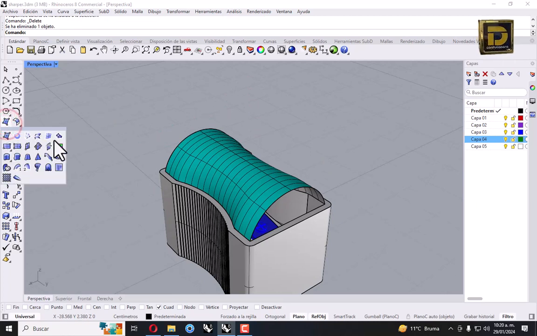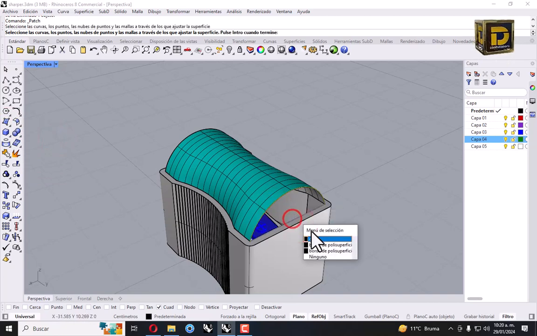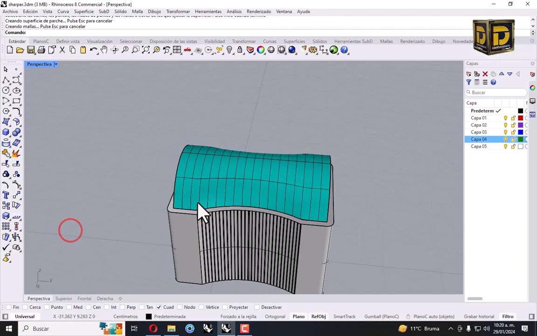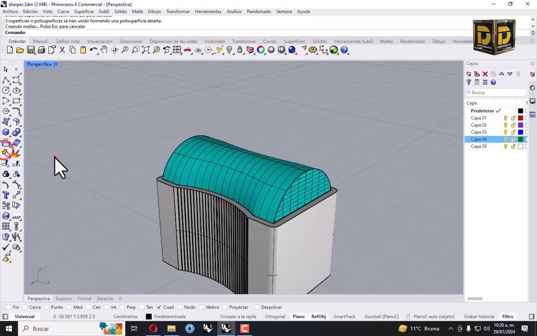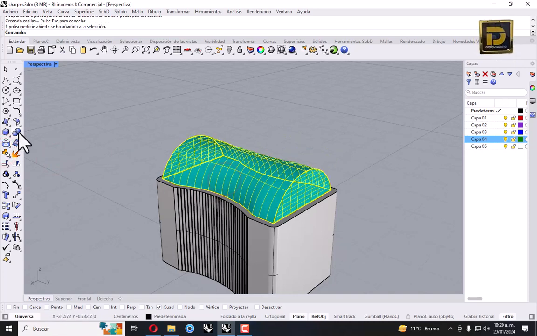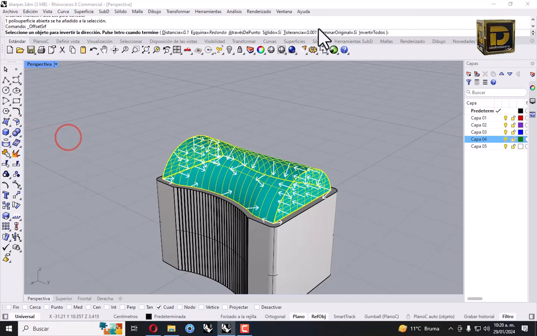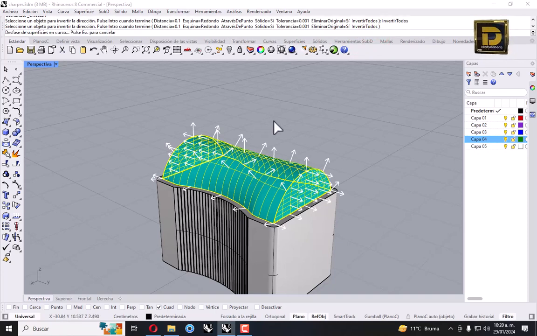Go to patch, select this curve, enter, preview, right. We need to make a join, and go to offset surface, flip all, distance 0.1, solid yes.